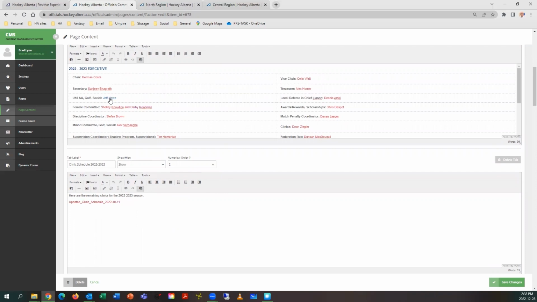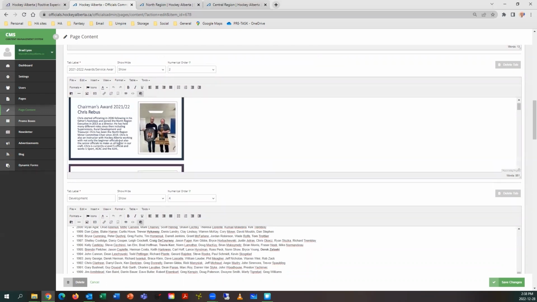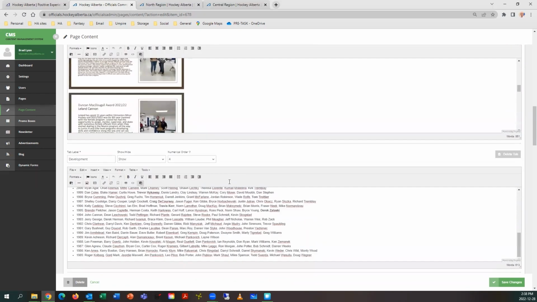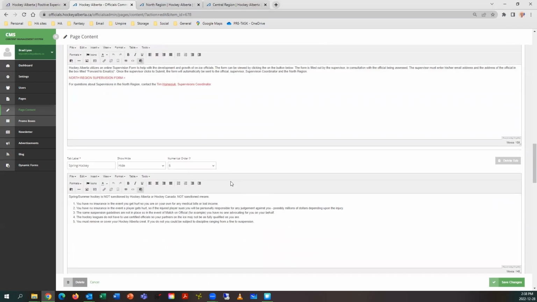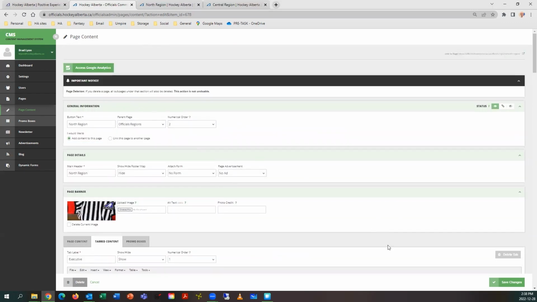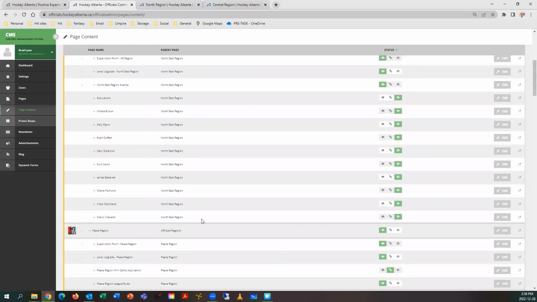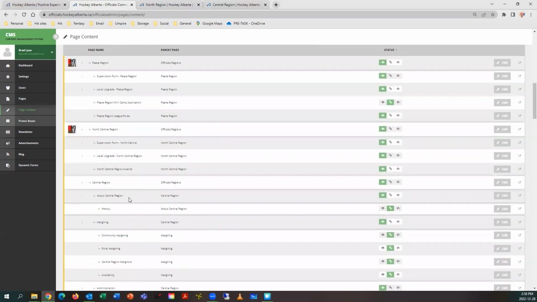These are links directly to email addresses. Or you can simply drop information in and provide it for people to read at their leisure. So that's the page content and the tabbed content options. The other option for presenting information to your members is